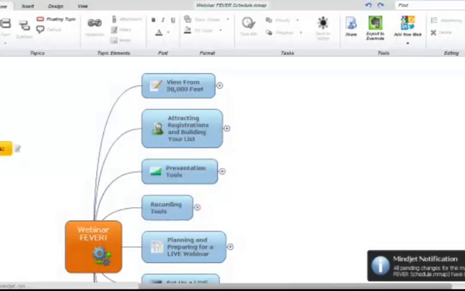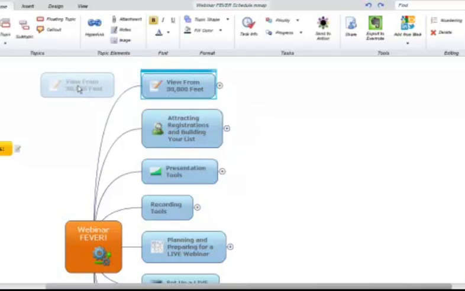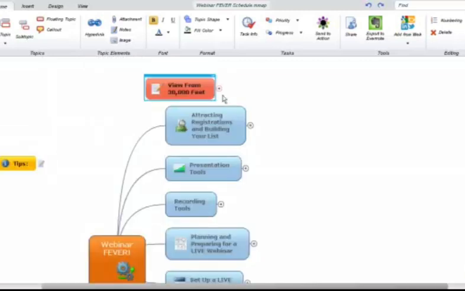One of the reasons I like MindJet is because all of this stuff is very customizable. The colors, the fonts, the shapes, line sizes, and everything else are very easy to tailor to your own use. Everything is very easy to change, to move around, to do different things with. I mean, you can just do amazing stuff with this. You can